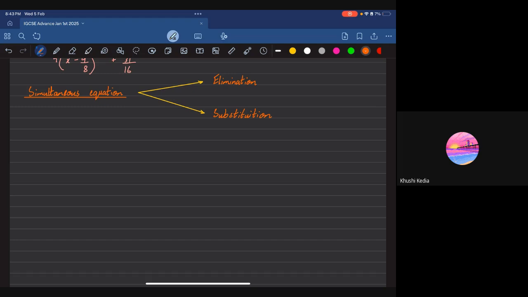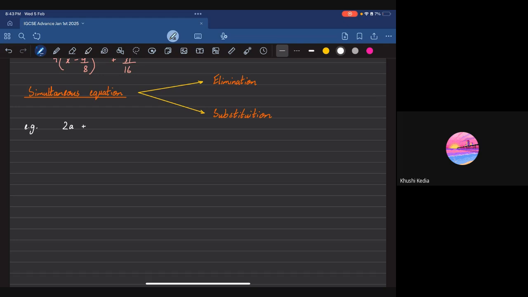Okay. Let's consider an example. Let's think of an example. I can't think of an example right now, but wait, I think we can. So, for example,